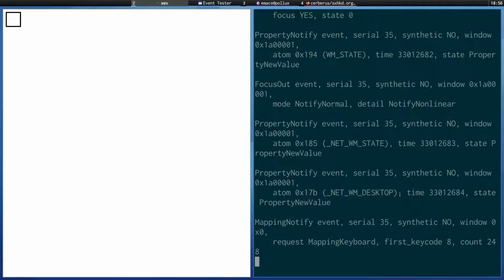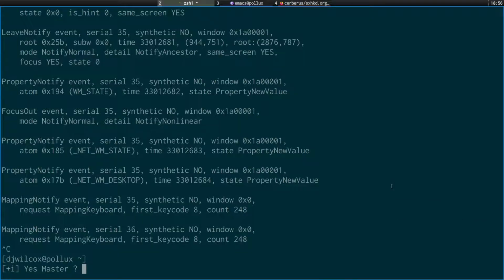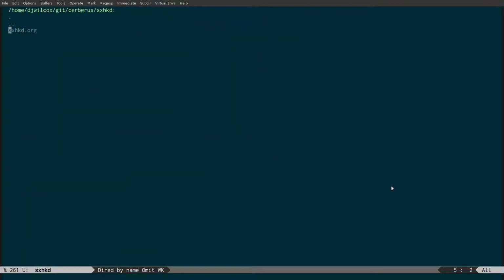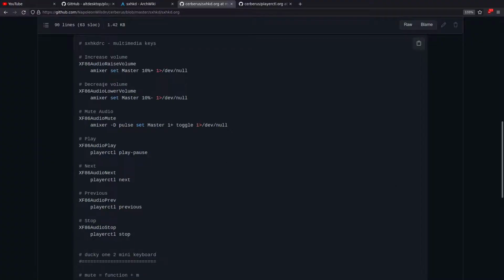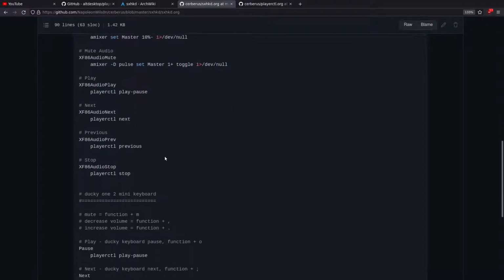The actual name of the key press should basically come up with stuff like this. The name of the key press would be something like audio lower volume or raise volume. I think it's just because I'm running OBS Studio or something that it's not picking up the key presses, so that I can show them. But that's how you can find the names of these